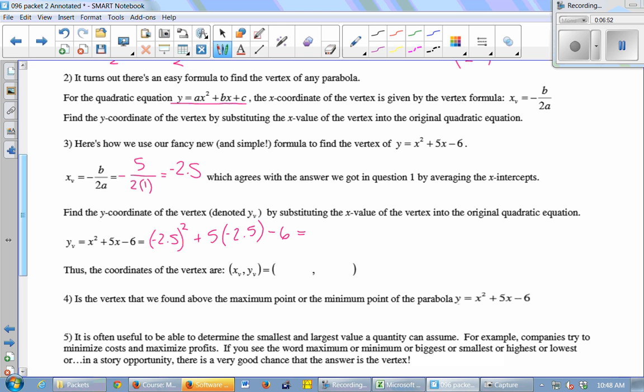So negative 2.5 squared, what is that? 6.25, and it's positive or negative? Positive, because when you take a negative number and square it, you get a positive. And then 5 times negative 2.5 is negative 12.5, minus 6. 5 times 2.5, you're right, I did 1.5. So 6.25 minus 12.5 is